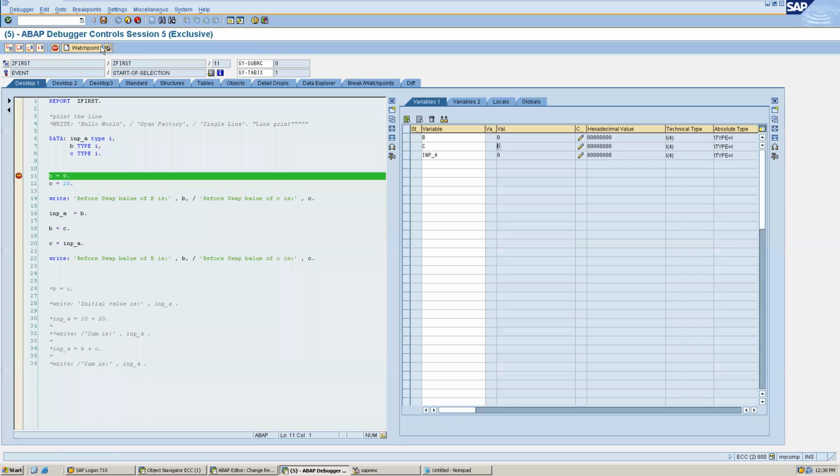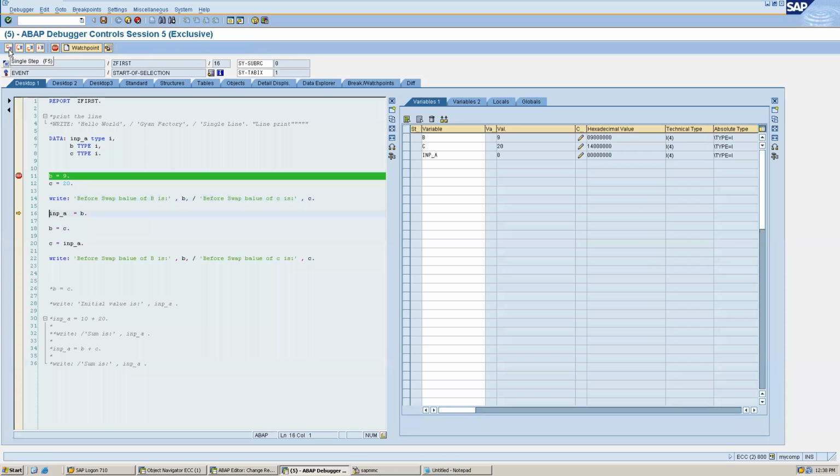Let me execute it for you. Let's debug, why not? Here the values of B and C are 9 and 20, so it will print 9 and 20.